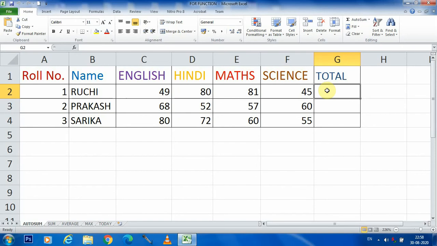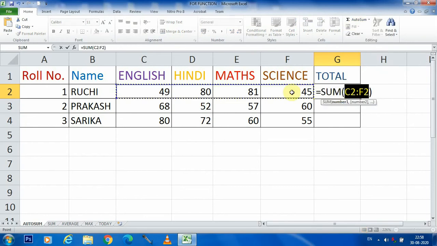Actually, students, AutoSum is the fastest way to get the sum of a given range, and it provides this facility of selecting the range itself. Now we are going to use this.